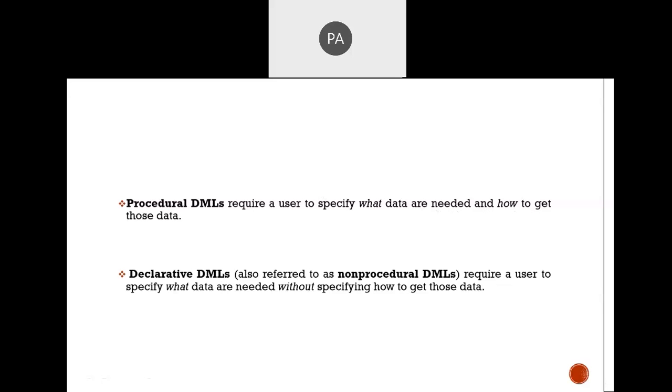Okay, you need to specify the where clause and how you retrieve. Declarative, also referred to as non-procedural DML, requires the user to specify what data is needed without specifying how to get those data. Here a specific condition is not needed, so by directly adding declarative statements you can retrieve data, insert, update or delete. Okay, so majorly the procedural type is followed. Declarative is majorly not used by anyone, but you should know about this type.